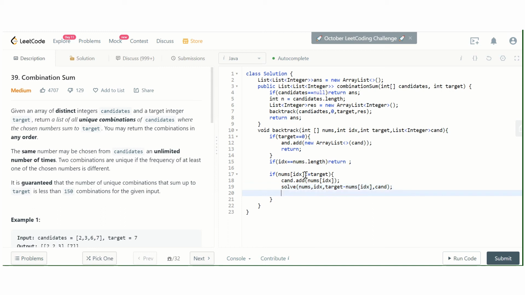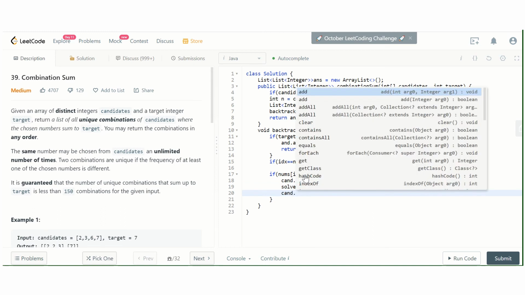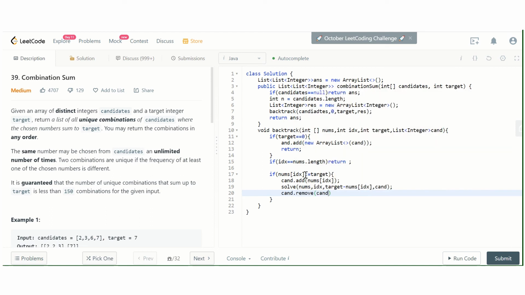After this call returns, we can simply delete that element, that is backtrack. Candidate dot remove candidate dot size minus 1. So this is the case where we have included the particular element.